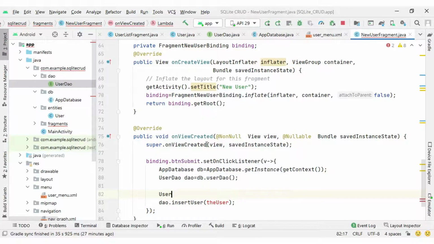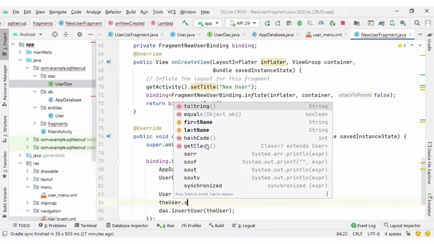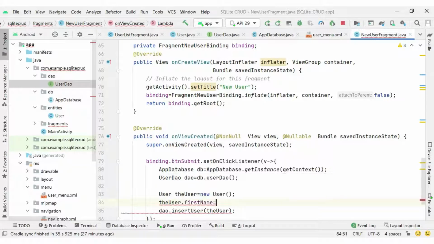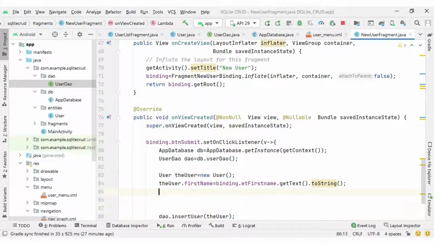Okay, so here you can see the user instance. I'm going to create user equal to new User, and user.firstName equal to binding.etFirstName.getText.toString. You can also write validation logic here, but currently I'm continuing without validation.